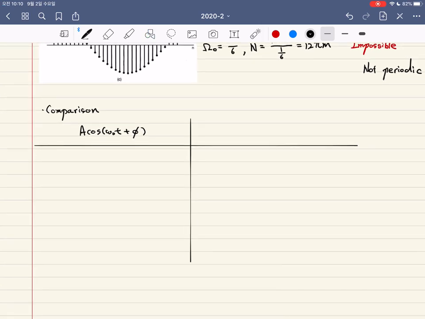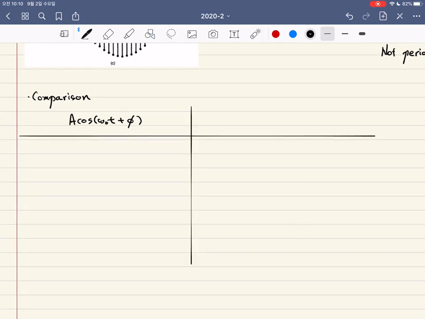So the left part is the continuous time, and the right part is discrete time. You can distinguish them by reviewing the notation, as I have told you many times. So the first one is that